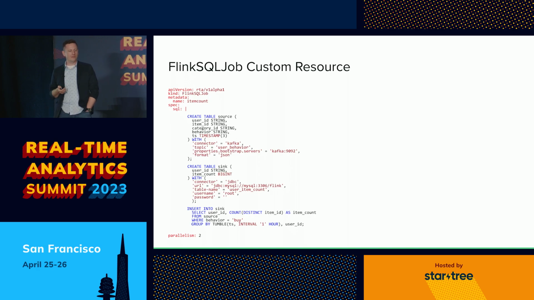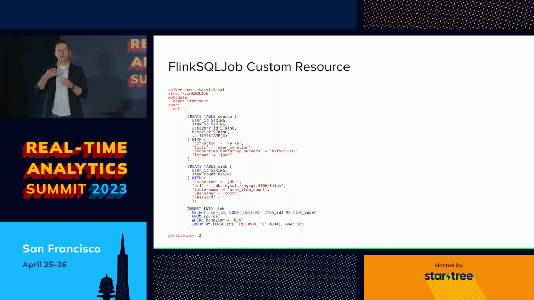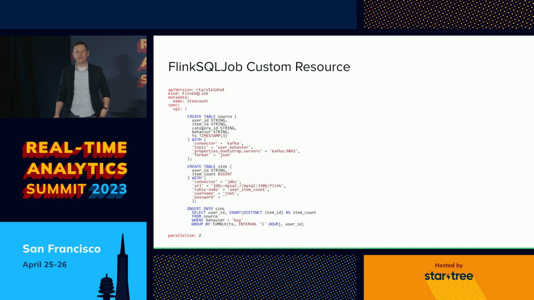All right, so the Flink SQL job custom resource. I mentioned a CRD, a custom resource definition. If you're not familiar with this concept in the Kubernetes API, I'll rehash it real quick. Within the Kubernetes ecosystem, there are resources like pods, deployments, and replica sets that Kubernetes understands. But you can also extend the API with custom resources that represent whatever you're trying to deploy or manage. You do that with a CRD, and almost invariably a CRD will be implemented with an operator, which is something that understands a CRD more or less.